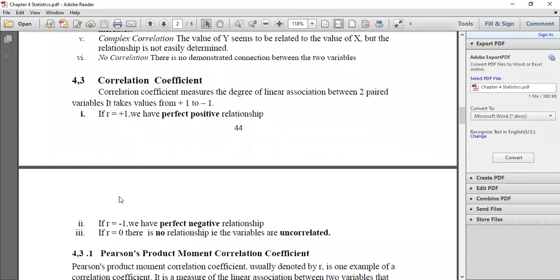So you can get a negative, say -0.5, -0.21, and so on. You can get 0.5, you can get 0.6, 0.2, and so on. So with all those values, you can easily be able to explain what that value means. Is it positive? So if it is positive, then it means